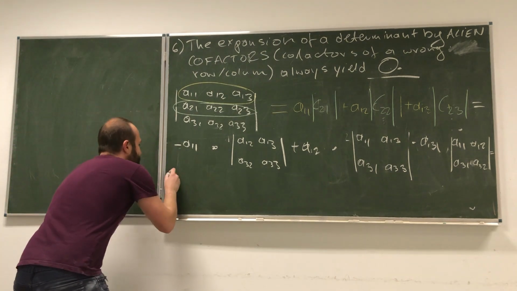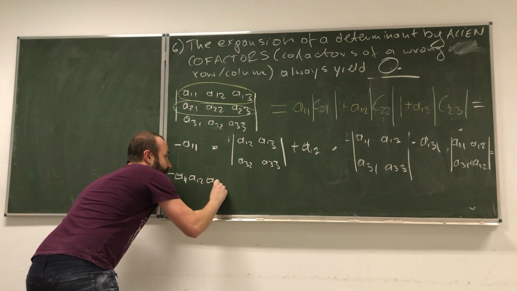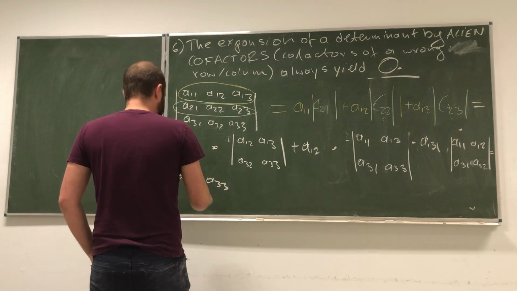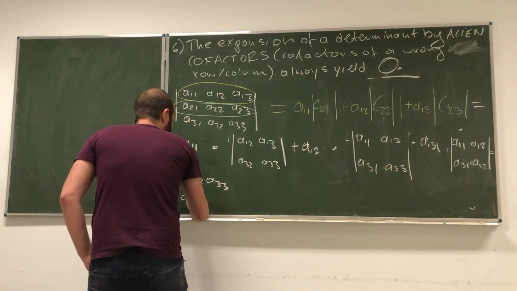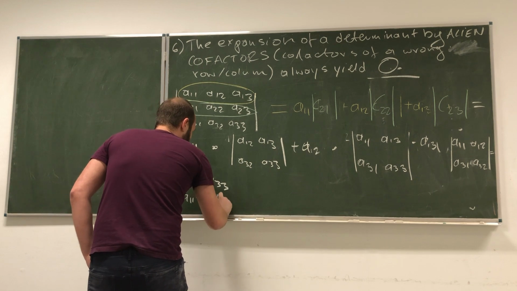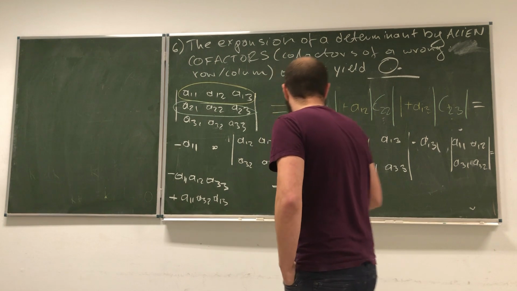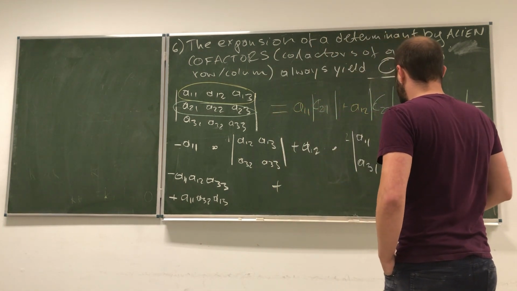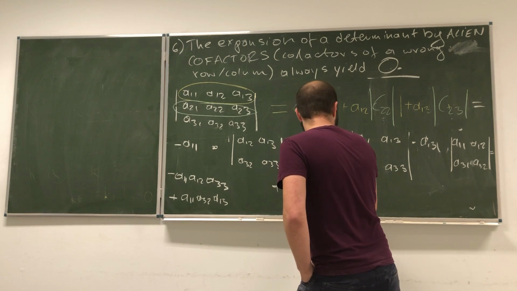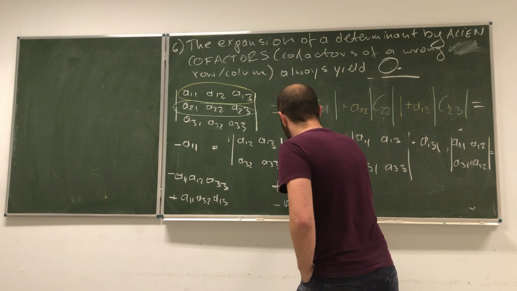Okay, so out of this we're going to get negative A11, A12, A33 plus A11, A32, A13, right? Then out of this one we will have plus A12, A11, A33 and minus A12,